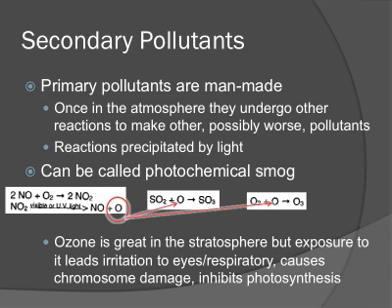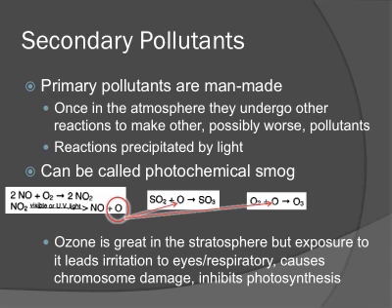Oh, so now we have an SO2, which is also a primary pollutant, right? He bonds to SO2, creating SO3. Or he can come over here and he can bond with another O2 molecule in the air and form O3, which is ozone. Ozone is a bad secondary pollutant. But what? Ms. Hackett, we just talked about the ozone layer and how important it is, and we need more ozone. Okay? Ozone is really, really good up there in the stratosphere because it blocks radiation from the sun. But down here on the surface of Earth, ozone is bad.